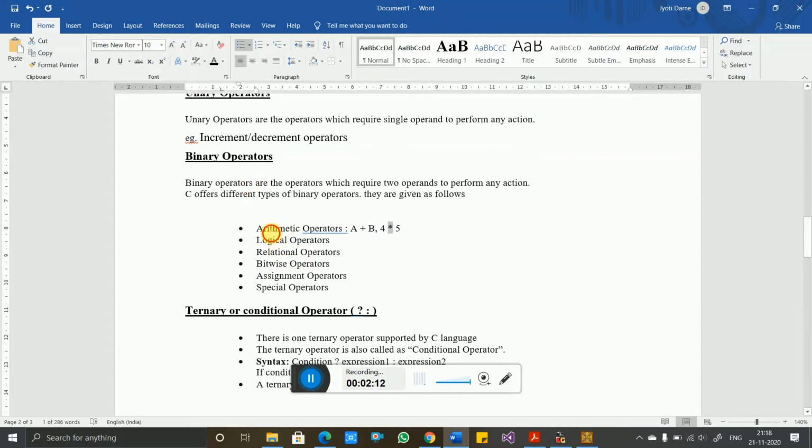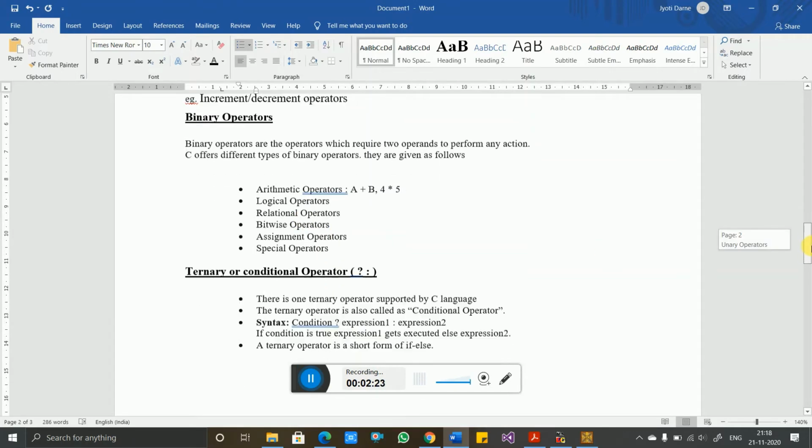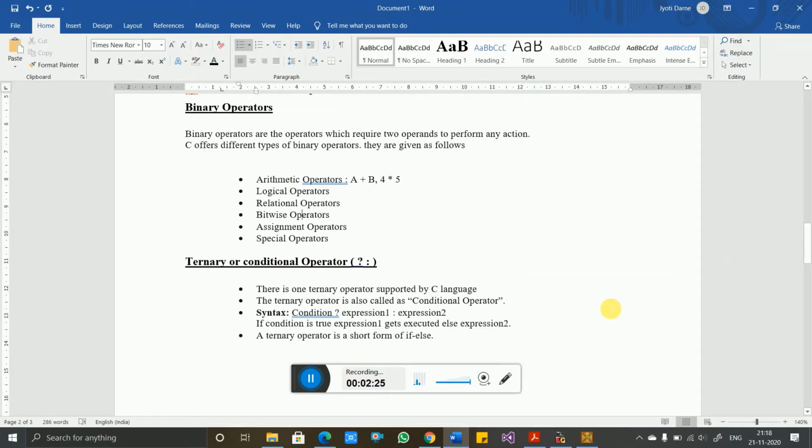All these groups of operators come under the binary type: arithmetic, logical, relational, bitwise, assignment, and special operators. And the third category is the ternary or conditional operator.